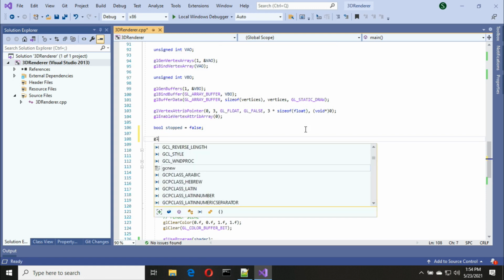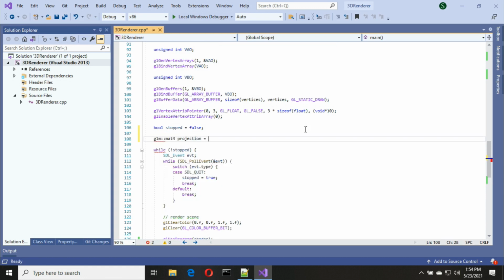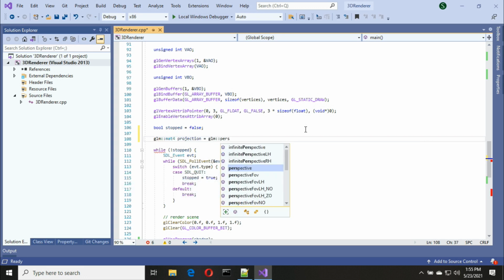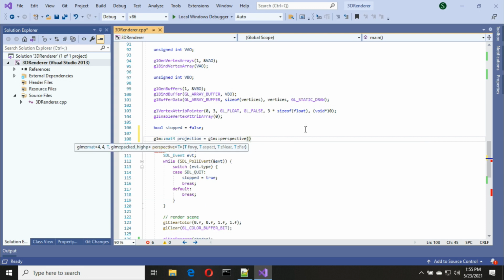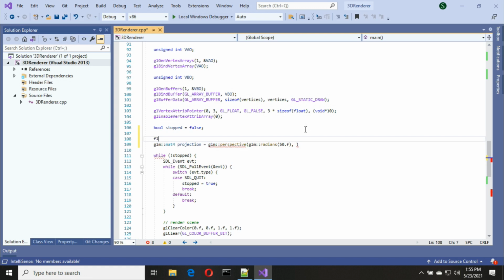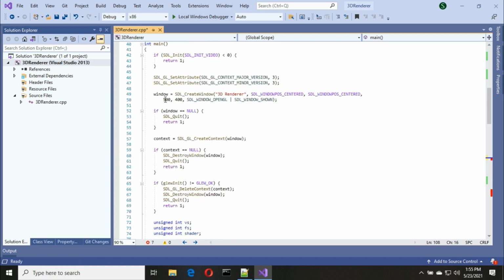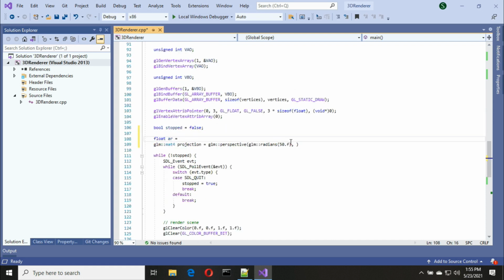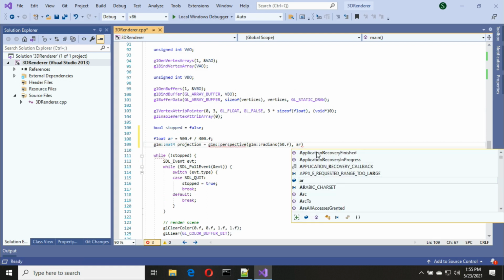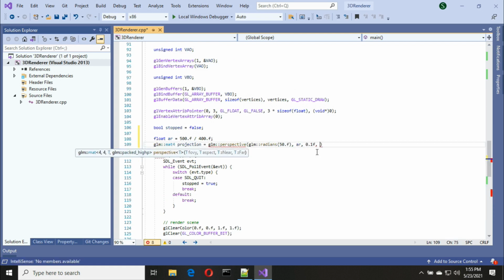For this, we use GLM library. First, create our projection matrix by using the help function called perspective under GLM namespace. First parameter is angle called field of view. The second is the aspect ratio of the window. We calculate it by dividing window width by window height. Third parameter is the nearest distance that can be rendered, and the fourth is the farthest distance. Objects that are far away from that point will not be rendered.